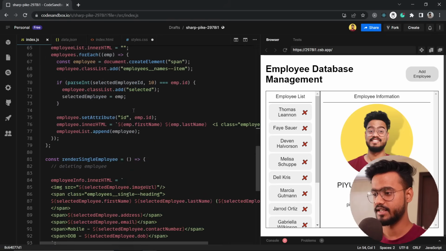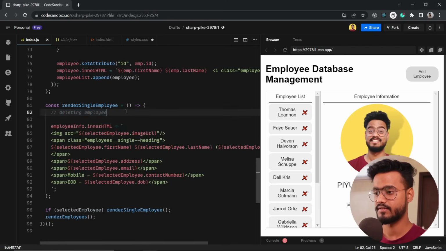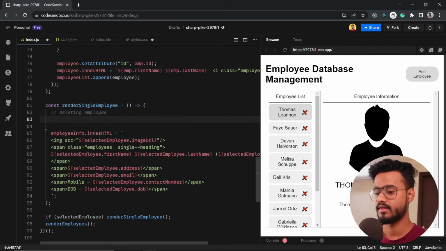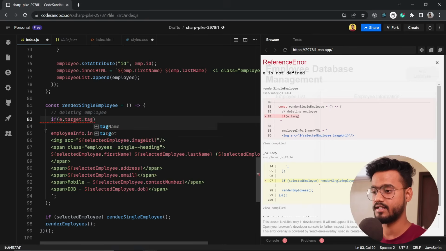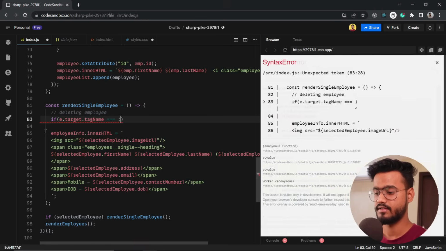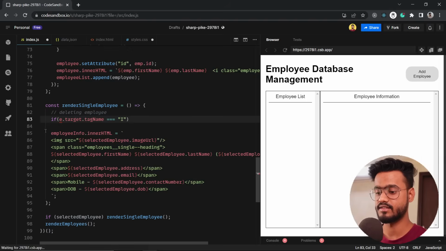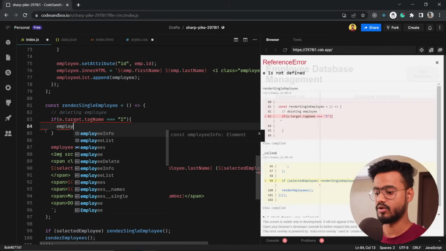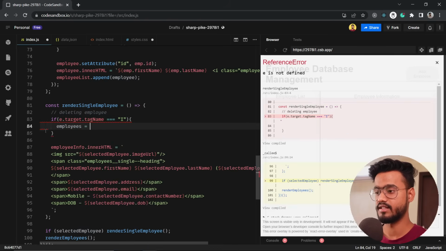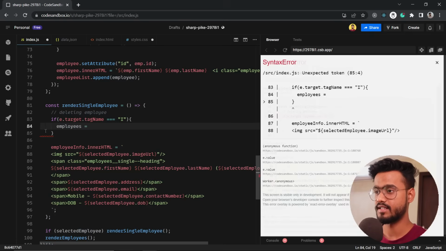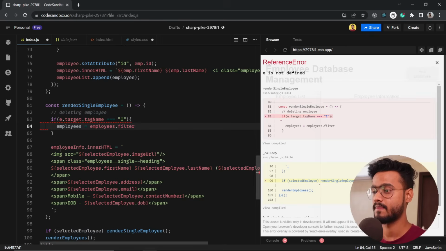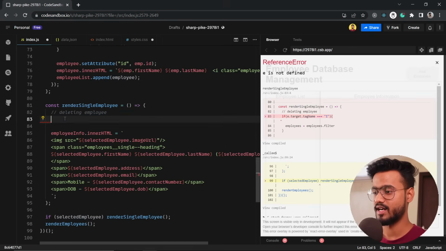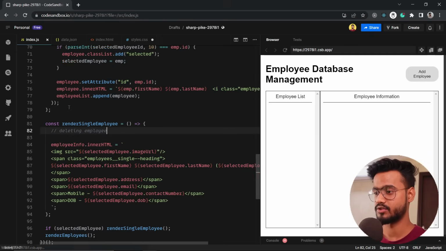So it's nothing. It's pretty easy. So I've added this comment over here. I'm gonna say if e.target.tagName is equals to I. If you remember, we had added it inside of this I tag. So I'm gonna say employees, I'm gonna update the employees variable and filter out the current employee. So employees dot filter. You know what? I'm not supposed to add this over here. My bad. I'm supposed to add it